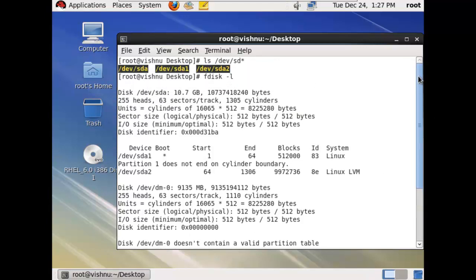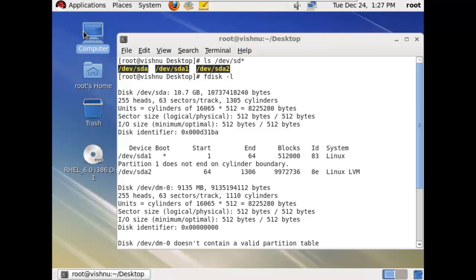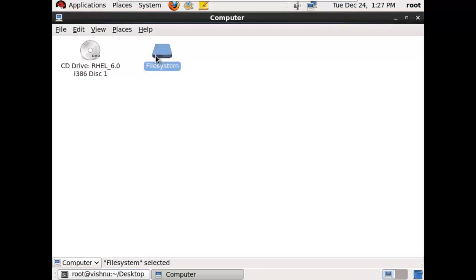Now guys, one thing more I want to say: whenever you attach a hard disk to your Linux server, those hard disks appear inside the Linux operating system in the form of files. It is not like Windows, where you see the hard disk icon, click it, and all the folders are displayed. Actually, all the hard disks exist inside this dev folder in the form of files. So when you go inside this dev folder,